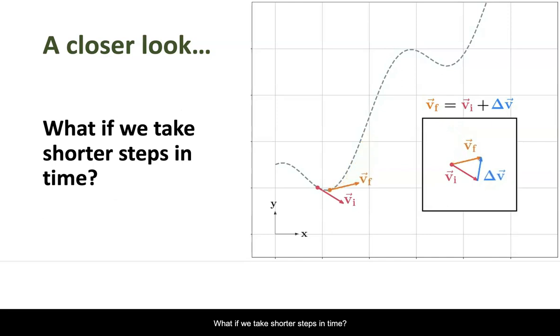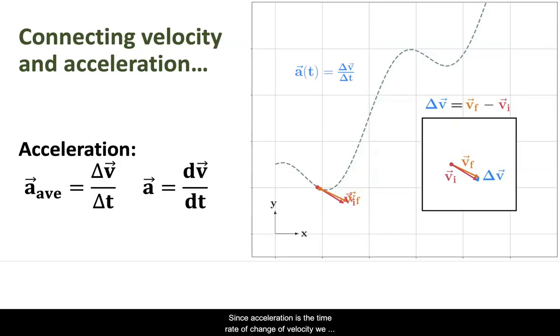What if we take shorter steps in time? In that case, the change in velocity is smaller. It also points in a different direction. Since acceleration is the time rate of change of velocity, we can calculate the acceleration from how the velocity is